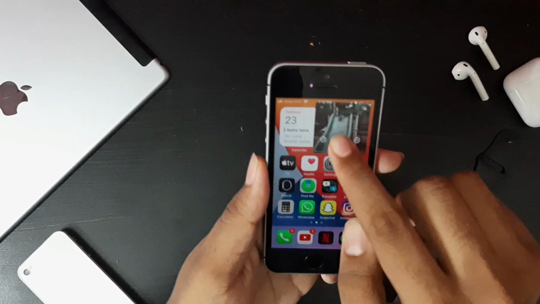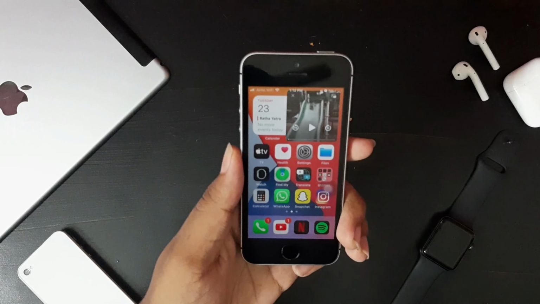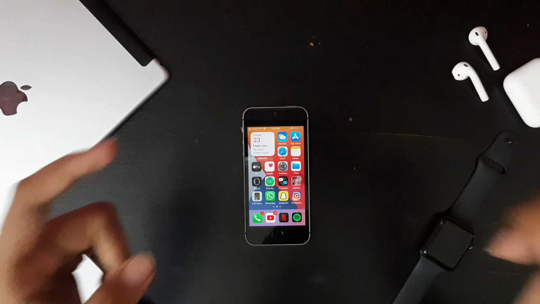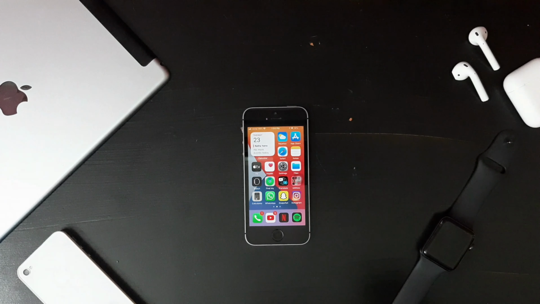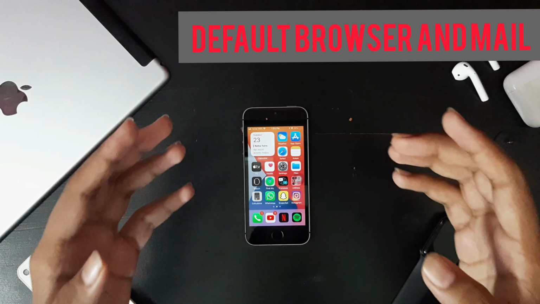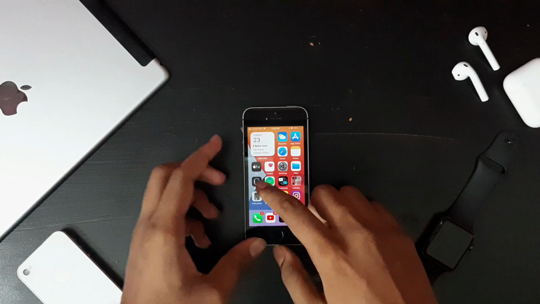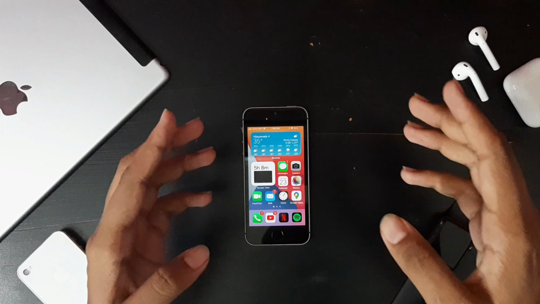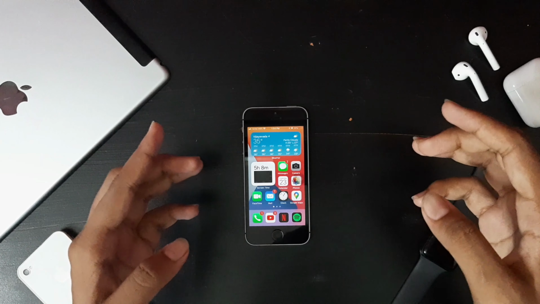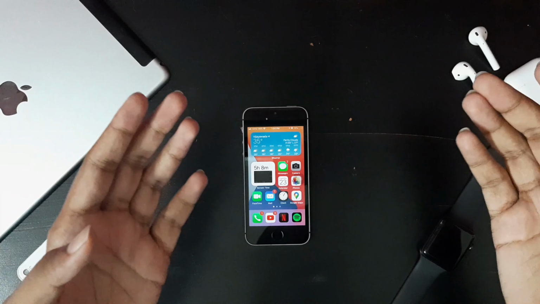It's a very great feature to have in iOS 14, easily accessible and convenient. And one more feature they did not mention in WWDC 2020 is that we can choose our own default browser and mail app. In iOS 13, the default browser is only Safari and the default mail is only Apple Mail. Now we can choose from a variety of options like Gmail and Google Chrome.